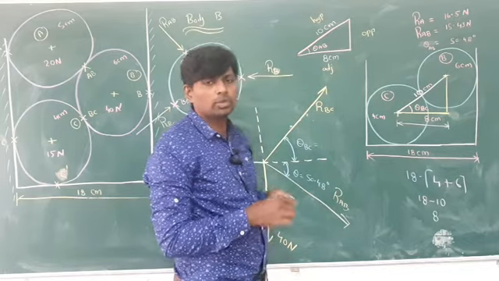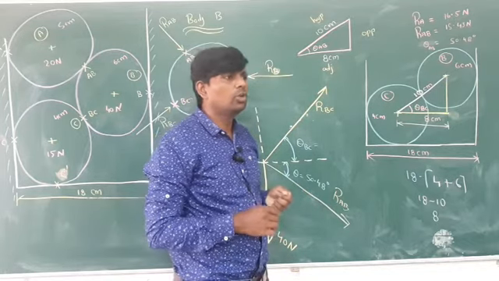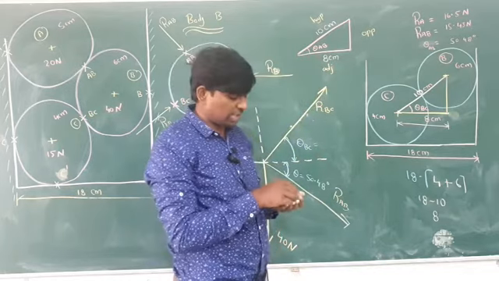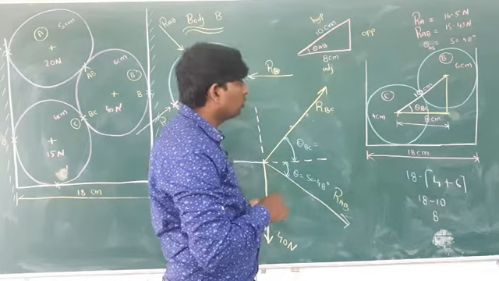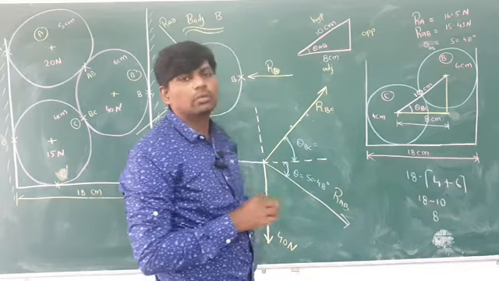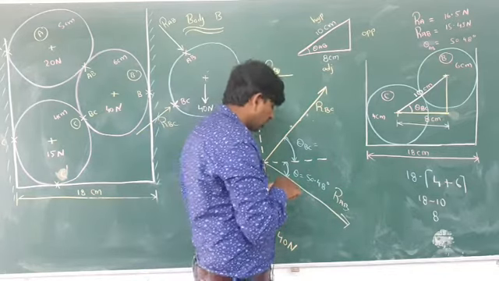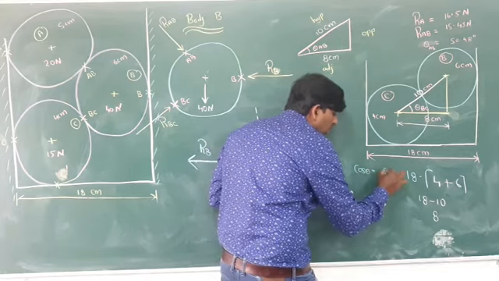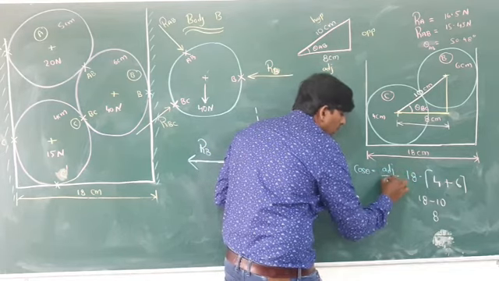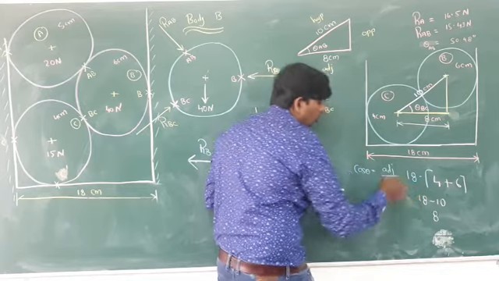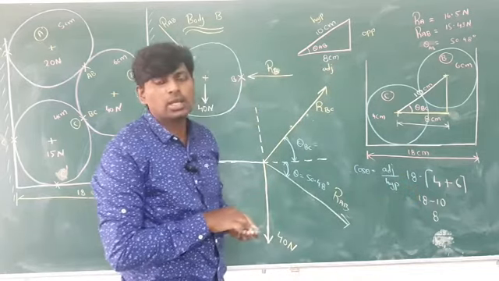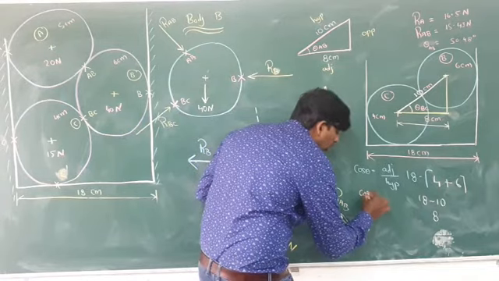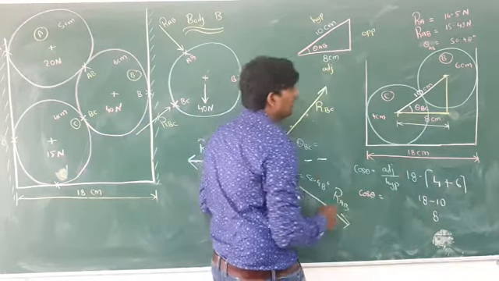What you have to do, you have to find out which two sides are available. Adjacent by hypotenuse. So which ratio you have to take? You have to take the cos theta. Cos theta is equal to adjacent by hypotenuse. So here what you have to write, cos theta is equal to, adjacent value is equal to